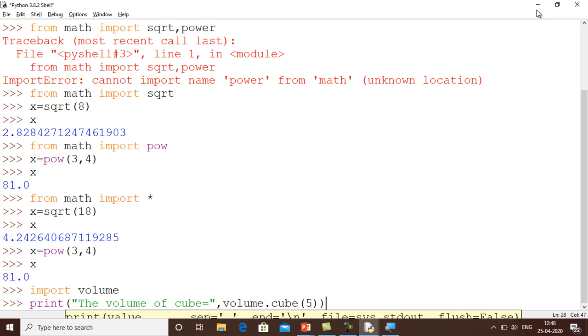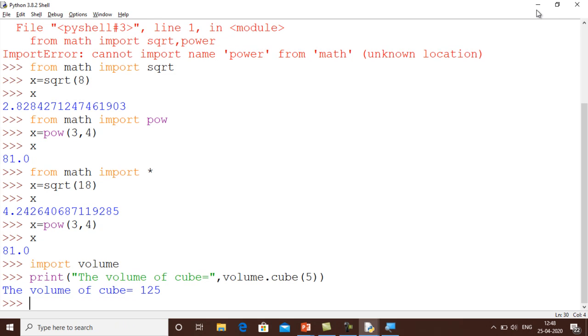Let me see what answer is shown. The volume of cube is 125. If I put 5 to the power 3, then obviously I will get 125, okay everyone.